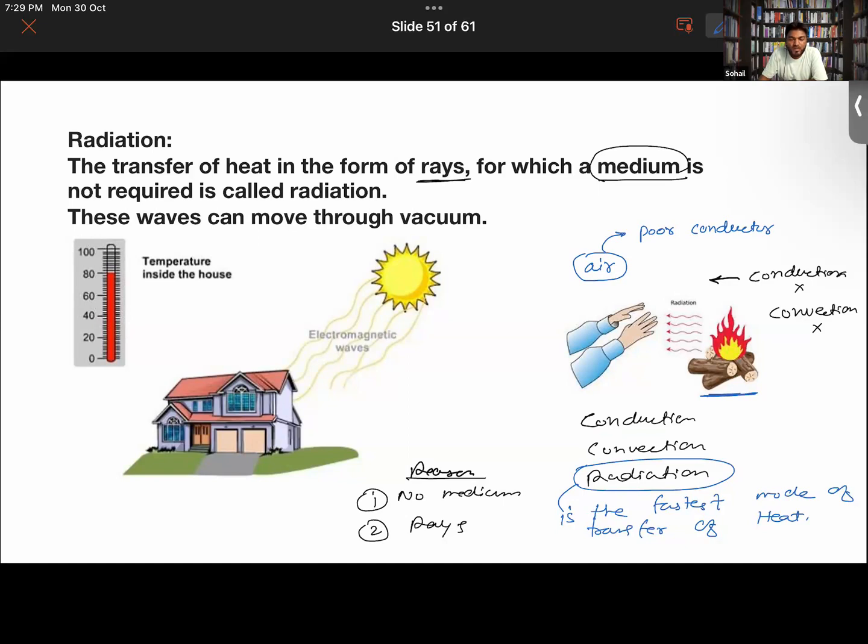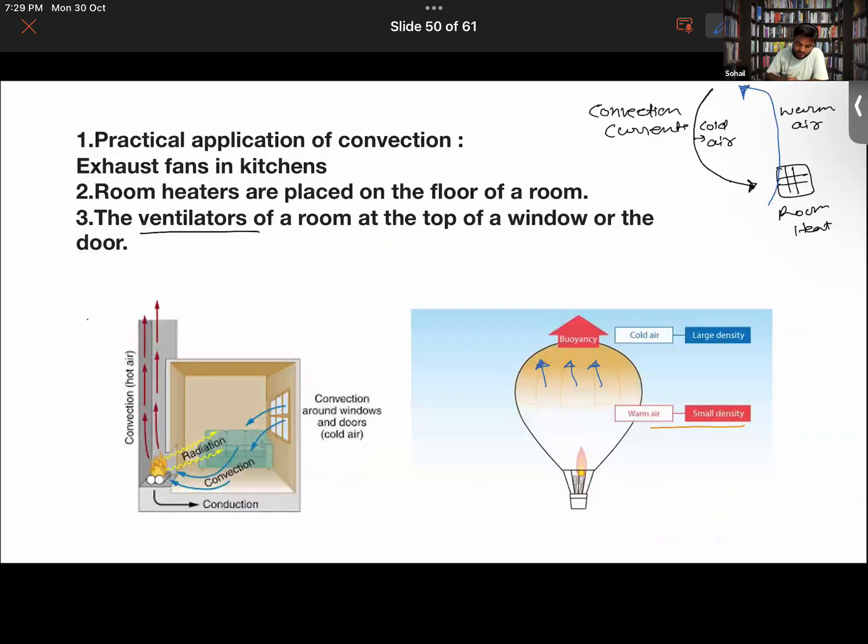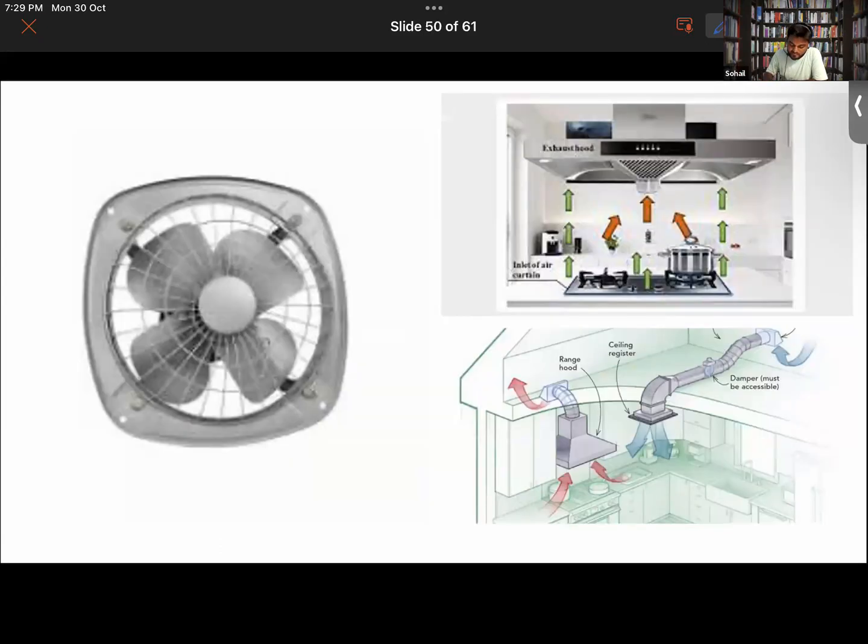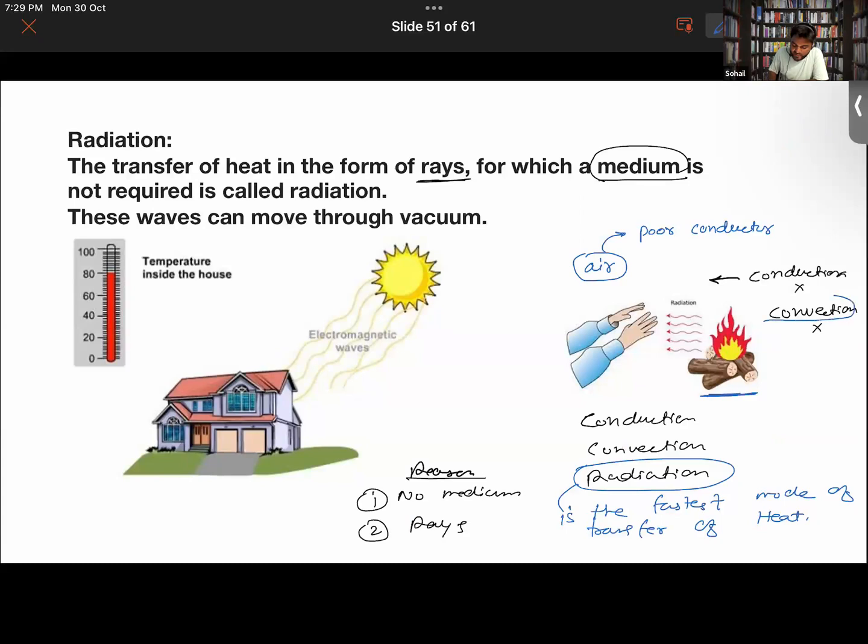Yes, sir. And if I talk about convection, so look over here. In the case of convection, this was our room heater. For example, this is a diagrammatic representation. So here warm air is rising upward. It is not coming towards your side. Suppose you are sitting over here. So warm air is not coming towards you. Warm air rises upward, and not sideways. So the reason why it will not travel by the process of convection is that warm air is rising upward and not sideways.